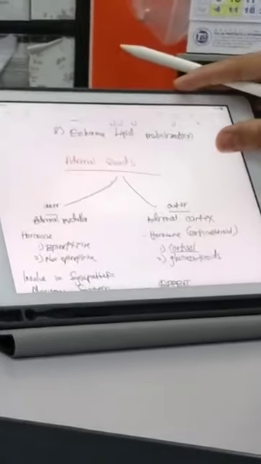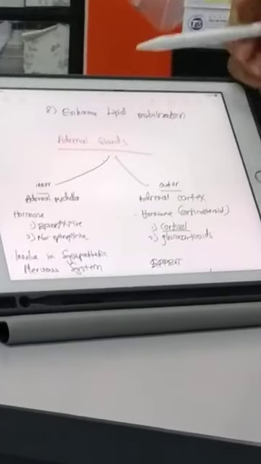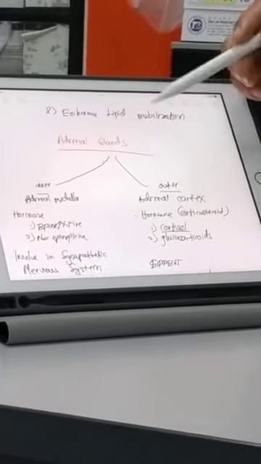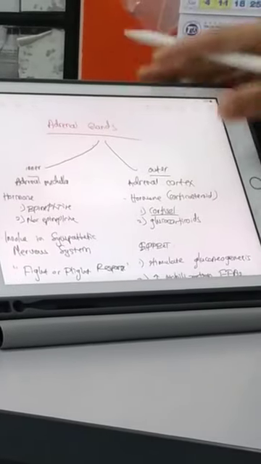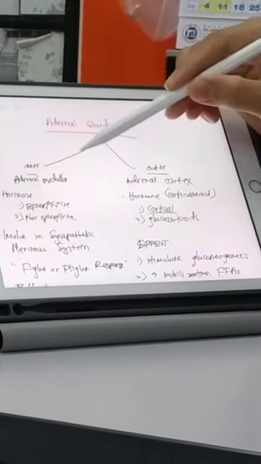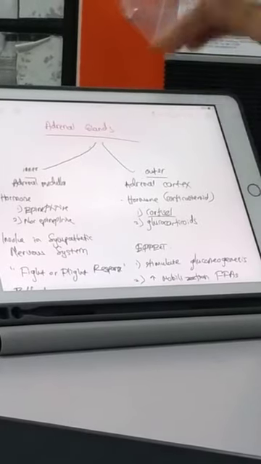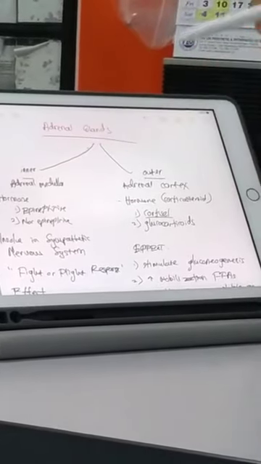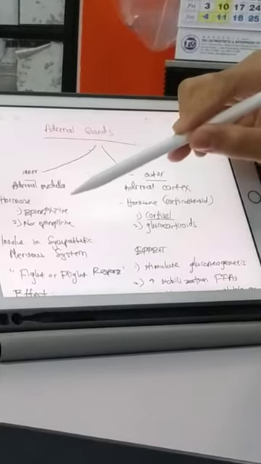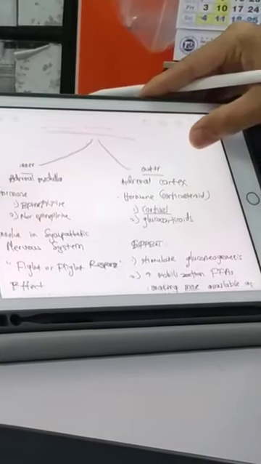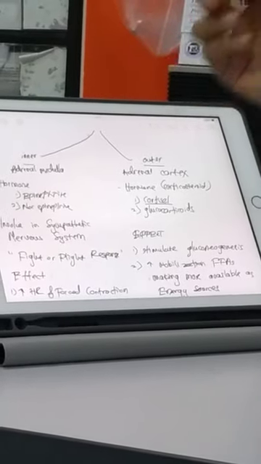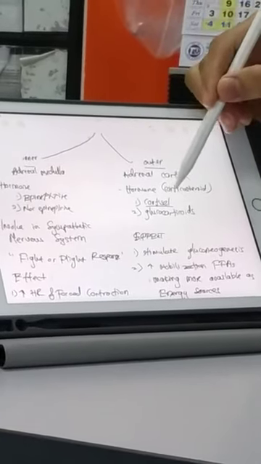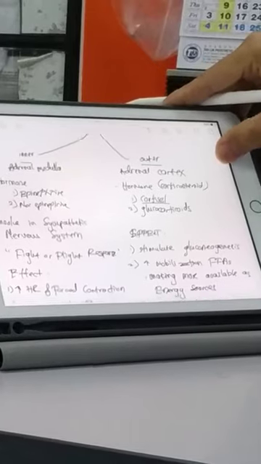The third major endocrine gland is the adrenal gland. The adrenal glands are divided into inner and outer parts: the inner is the adrenal medulla and the outer is the adrenal cortex. The hormones secreted by the adrenal medulla are epinephrine and norepinephrine. Epinephrine is also known as adrenaline, taken from the name adrenal. The adrenal cortex secretes cortisol and glucocorticoids.